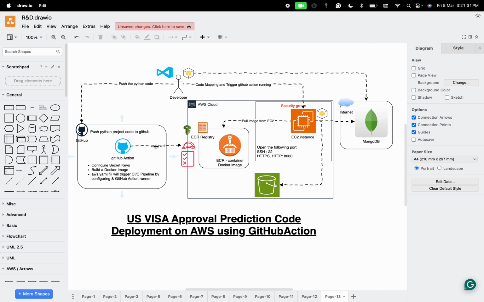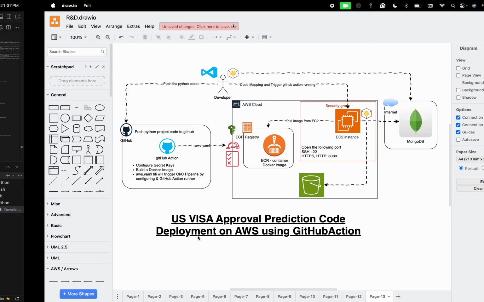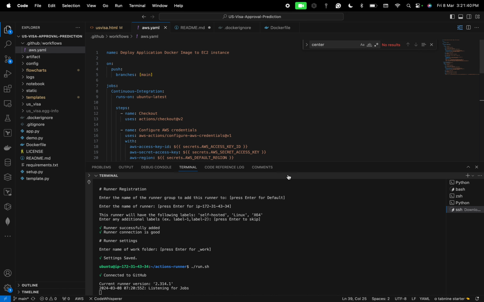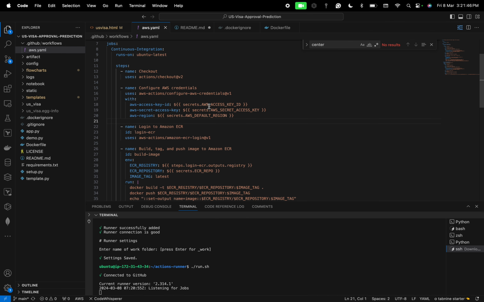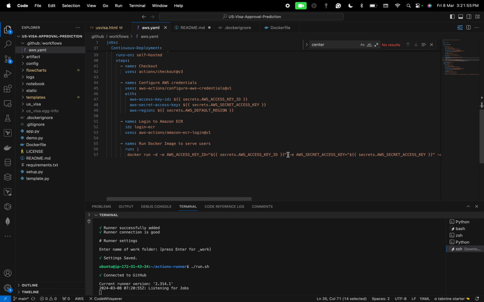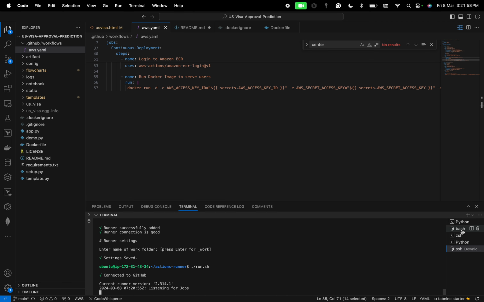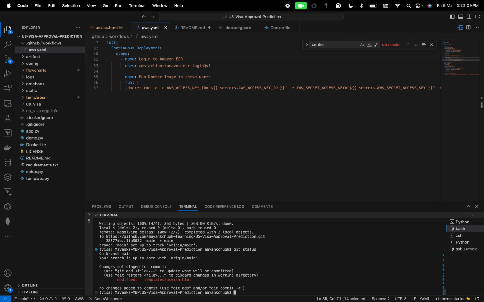So now if I go here, we have one file called the AWS YAML file. It basically does the end-to-end deployment, creating everything. It requires the access key here, which we have already configured. So once I commit the code, it will go from idle to the deployment stage. So let me do it. I have to open another window. Let me see if I have any changes. Git status. Yes, I have one file to just trigger my pipeline. I'll add it,